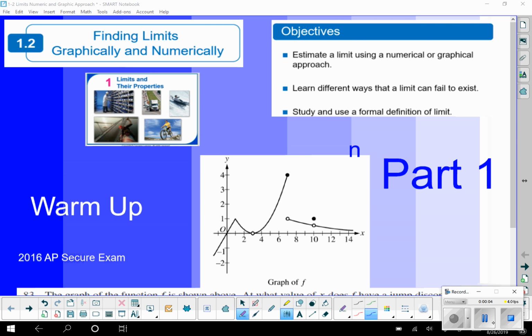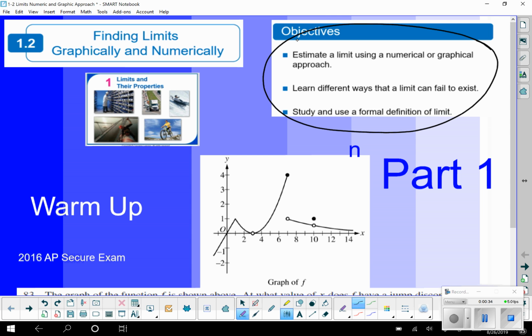Hello, let's look at lesson 1.2 and beginning chapter 1. This chapter is all about limits. We're going to talk about how to find limits graphically and numerically today. The objectives you can see are posted right here: estimating a limit using numerical and graphical approaches, learning different ways to see if a limit can fail to exist, and then we'll study the formal definition of